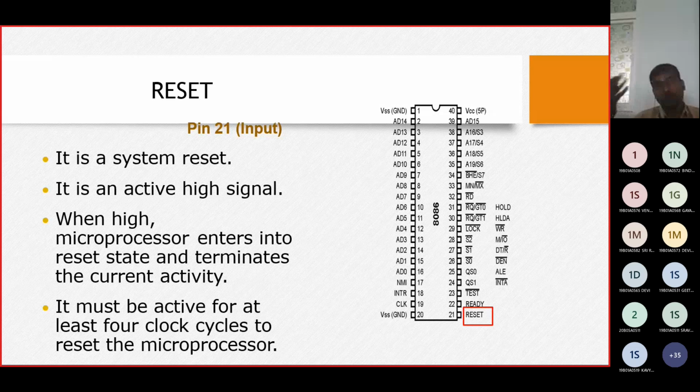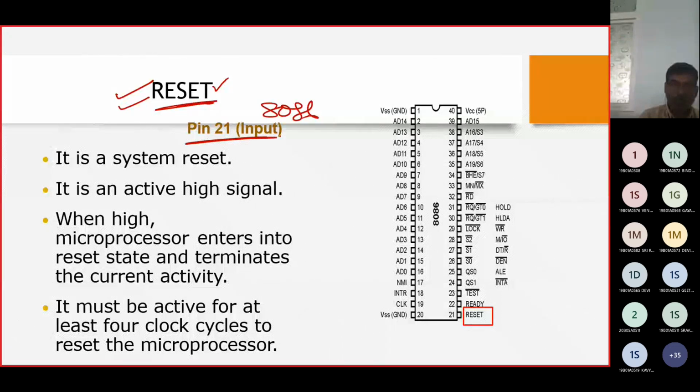I want to restart my computer. I want to restart my mobile. If such is the case, then who is going to decide it? It is going to be decided with a pin in 8086 called pin number 21. It is like roll number 21, and this roll number 21 is going to say, okay, you restart the computer. That means whatever previous data is in the microprocessor, all the temporary storage of data is going to be lost. Freshly, a new copy is going to be launched.